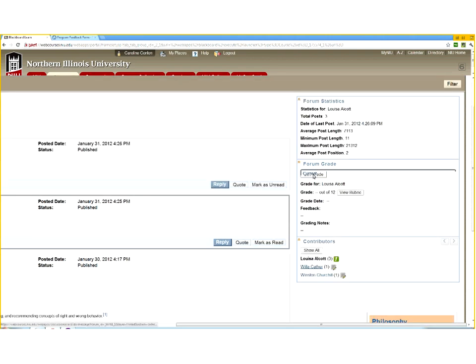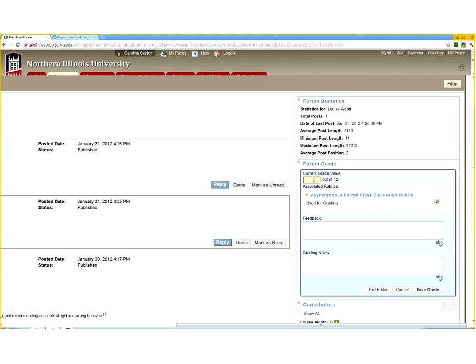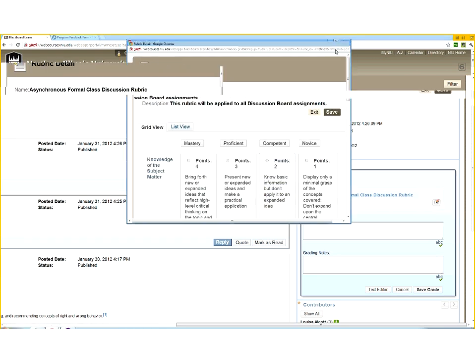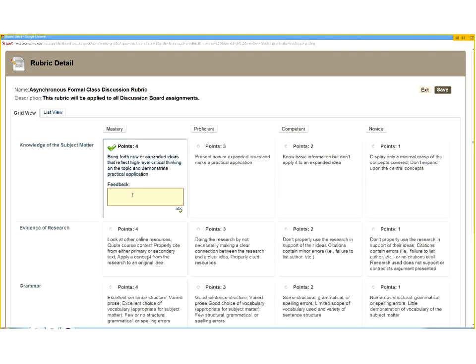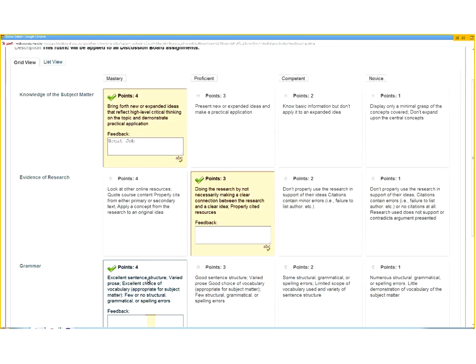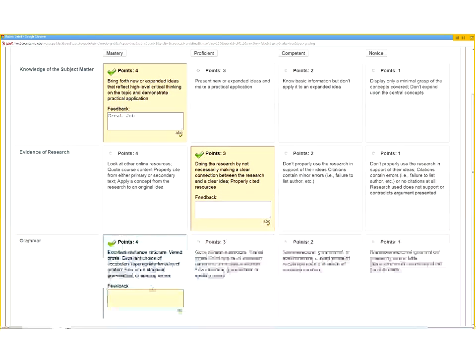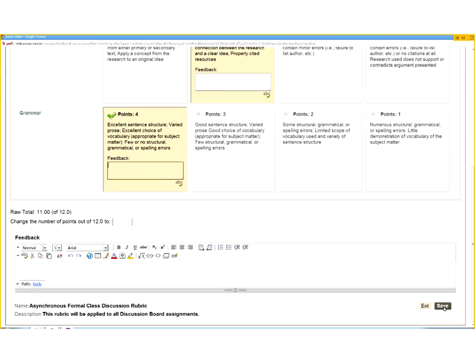So what I'm going to do here is edit the grade. I can go ahead and just give her points right here, or as I pointed out, I can view the rubric in the window and select the points that I think are appropriate. Great job. We'll stick to the same formula that I had before. And again, feedback is really meaningful to your students. So if you were going to give them fewer points, you would want to explain exactly why they were being docked for their points. And then you just hit the